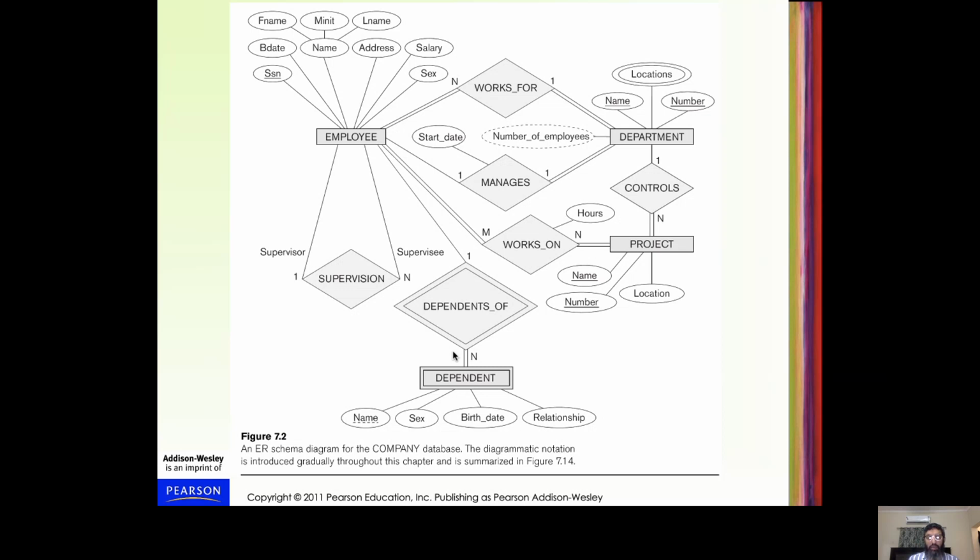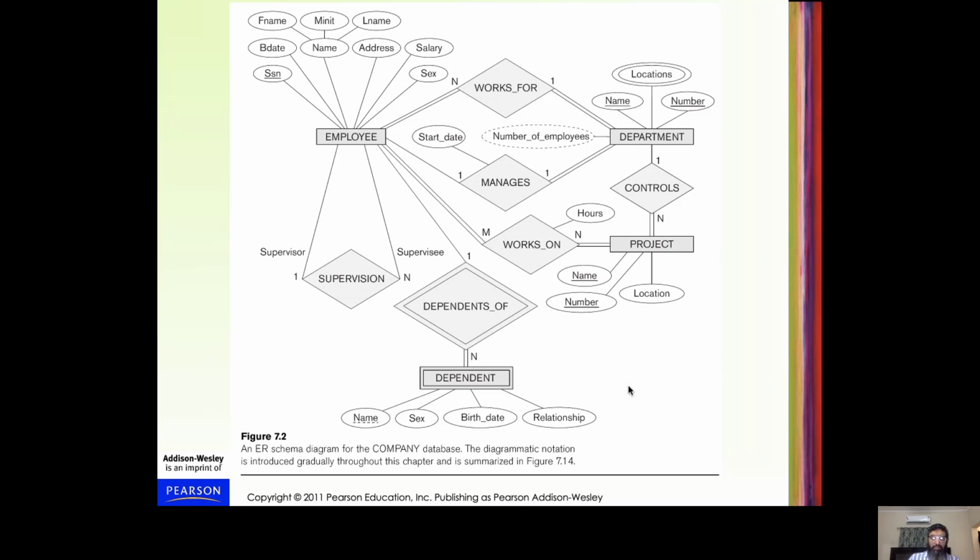Similarly, supervision: we will look at this recursive relationship where an employee is a supervisor and is supervising employees working under him or her on one side, and on the other side, one employee is being supervised by only one supervisor. So this is basically